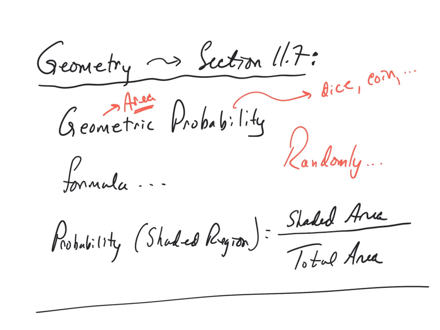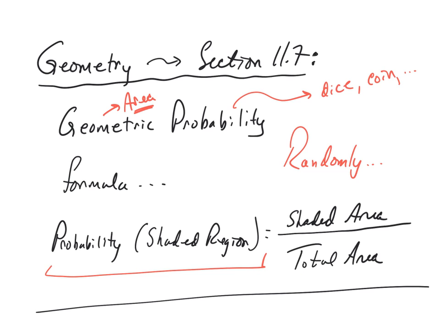So think about any shape. We're going to be randomly selecting some point within that shape. And what we're going to assume or pretend is that every point is equally likely to be selected. And then what we're going to ask you to do is calculate the probability of picking a point within some sort of shaded region. And the formula I'm going to need everybody to write down is here at the bottom